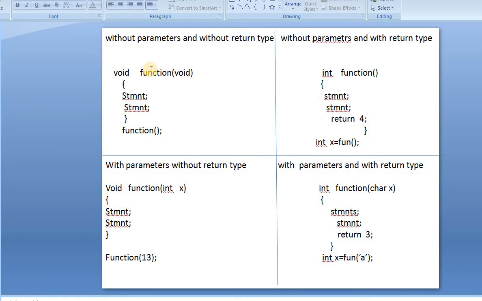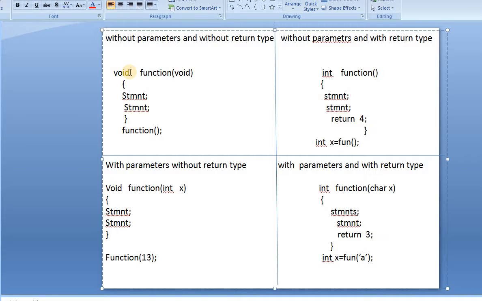So first let us see without parameters and without return type. So what is a parameter? The input which we pass inside this function is known as a parameter or an argument. We can call it either way. The input which we pass in the function braces is known as a parameter. And what is a return type?